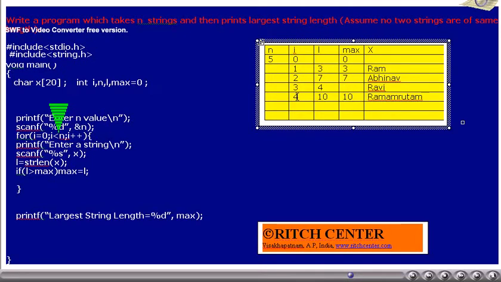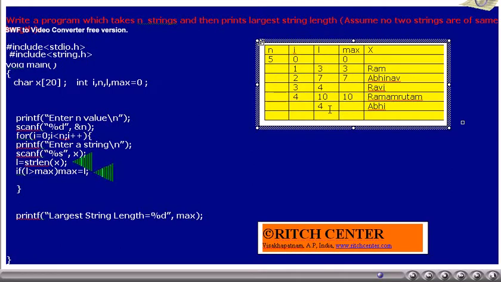Again, the for condition will be tested. That is, i, is it less than n? 4 less than 5? Yes. Thus, the loop is going to get executed once more. Let us assume that the user has entered the string Abhi this time. Thus, x value becomes Abhi.